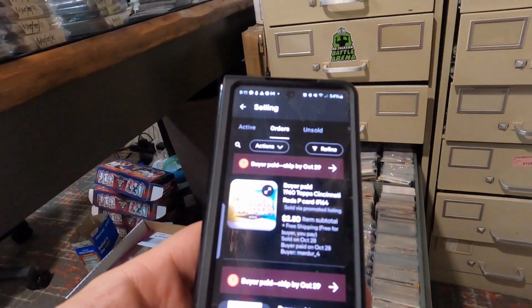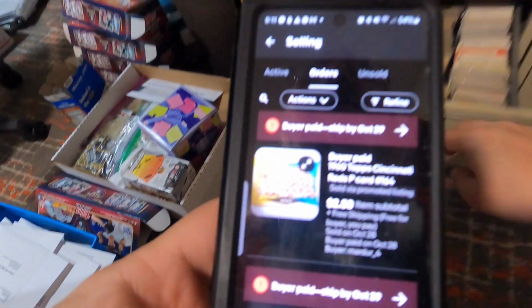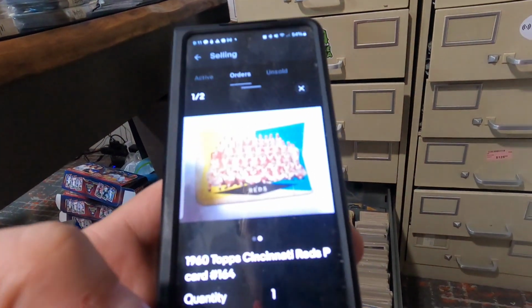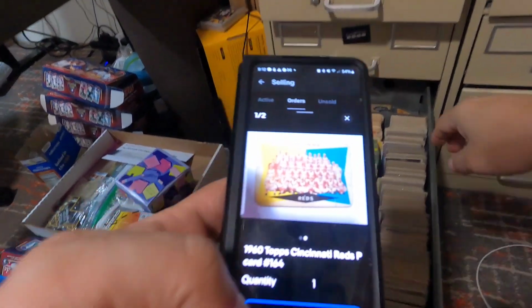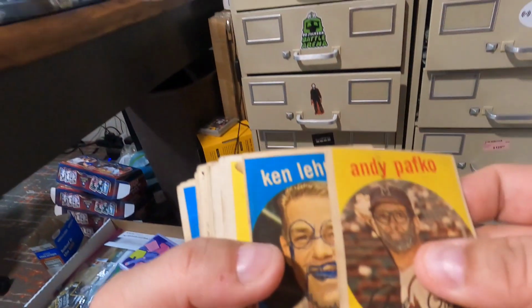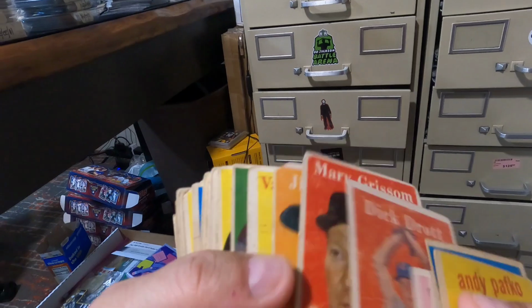I have a vintage baseball card, which is not sorted yet, but I don't have very many, so I should be able to dig that out quick. I'm going to try to pull it out. It's a Cincinnati Reds team card. So I thought, why don't I try doing that? So I actually searched in my listings for specific